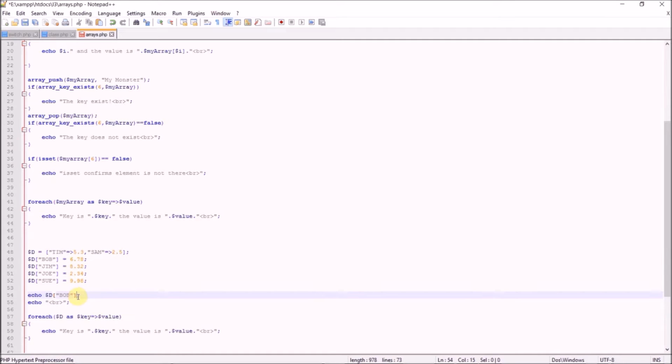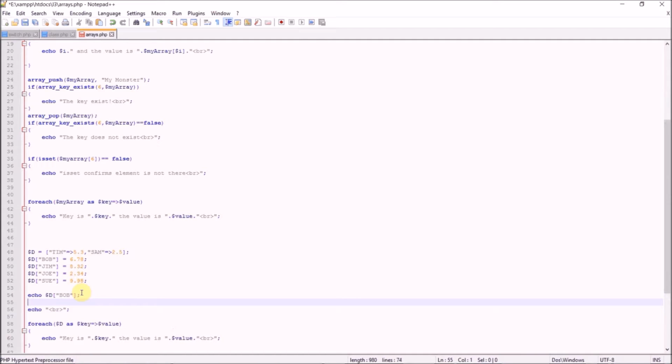I can also modify this. Let me just modify Bob again. I can do $D Bob, just like a normal array. I'm going to reference it, then say equals 10.0. So we just set it, so instead of being 6.78, we're going to say 10.0, then we'll echo a break line, and then down here we should see the